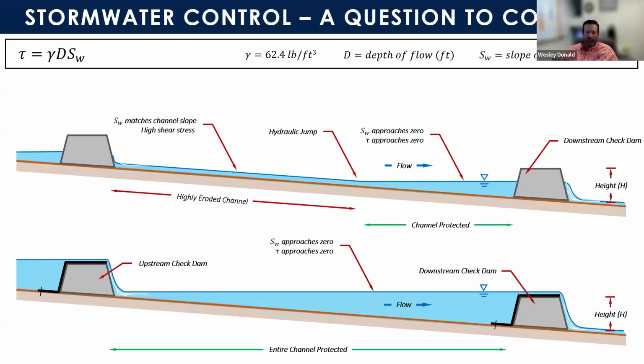So maybe for channels that are steeper, we start thinking about increasing impoundment or flow depth within the channel and check dam height if possible, so that the height of the check dam is going to push that flow further back upstream, increasing that impoundment length and increasing that spacing, and hopefully that'll allow us more opportunity to slow that water down, capture more sediment, and reduce the amount of sediment that's leaving our project.